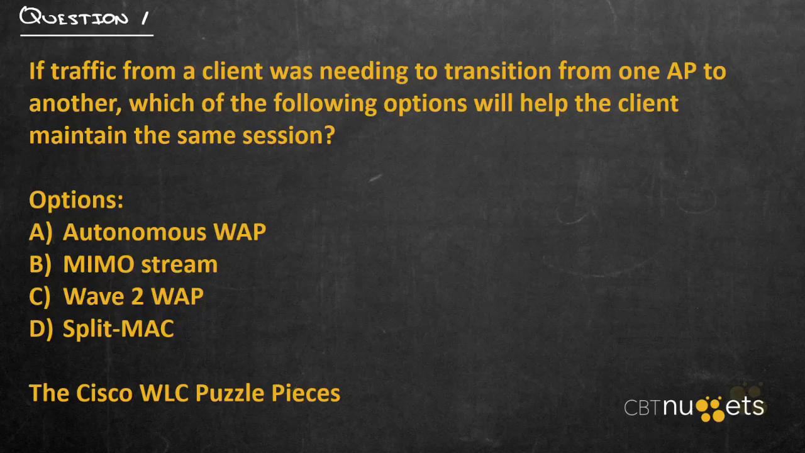Question 1. If traffic from a client was needing to transition from one AP to another, which of the following options will help the client maintain the same session? The answer here is D, a split MAC address design. And that's simply because when you have your wireless access points, which will be plugged into switches in the network